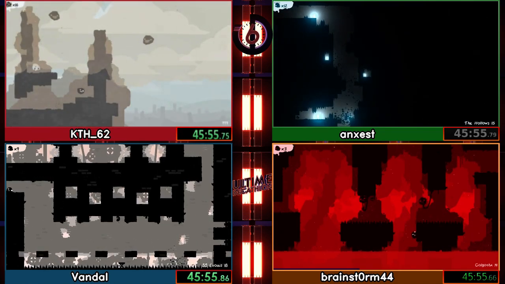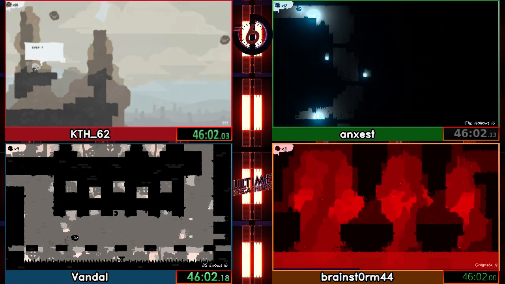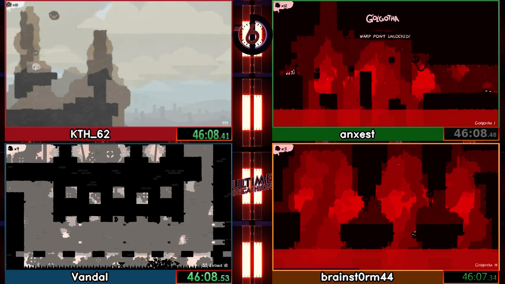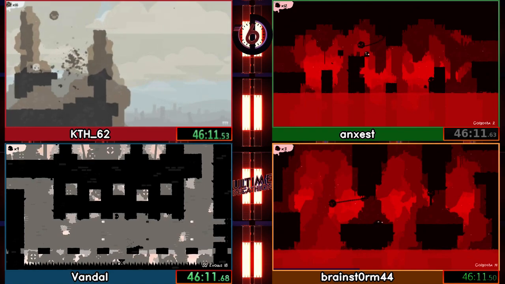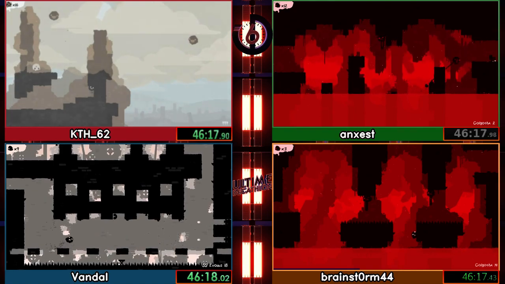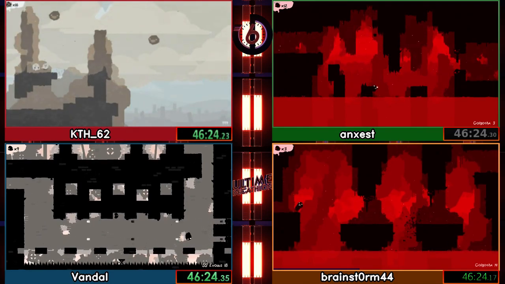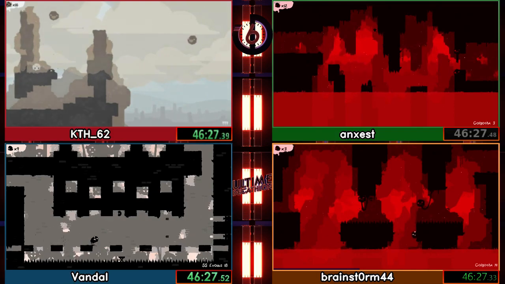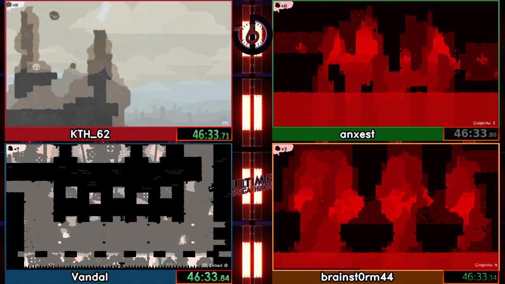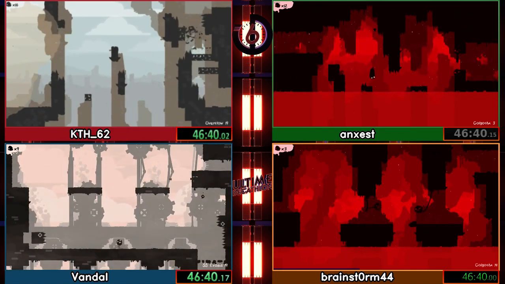And Anxest almost done with hollows. He's just on that last screen. He almost gets it. Brainstorm is actually almost done also with Golgotha. He is going to make a very good time for a first run, 15 minutes, almost completely blind. It's going to be very interesting to see what time he exactly gets. Vendel is almost done with Exodus, so he will be done with his fifth world. He will still have to go for the machine and for Golgotha to get the two other parts for his friend. Yeah. Anxest actually caught up a bit, according